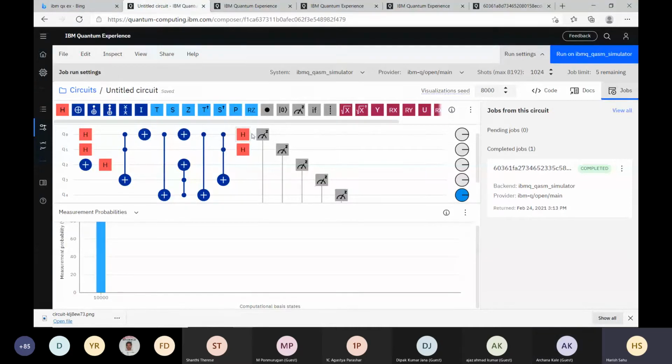So you understand that this oracle, the function f(x), is implemented only one time here. We implemented this function only one time and were able to tell whether this function is constant or balanced by seeing the output of the data qubits. While classically, we have to try all possible choices, or at least half of the space, then we will be able to tell. So is it clear?